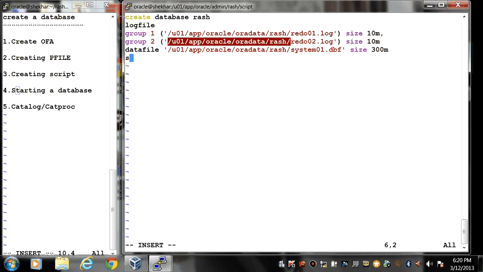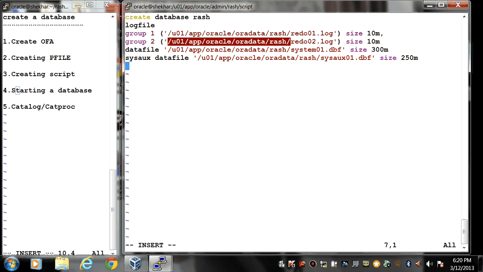And then sysaux datafile, that is the auxiliary datafile. The same location, and the name would be sysaux01.dbf, and the minimum size of this file would be 250M.